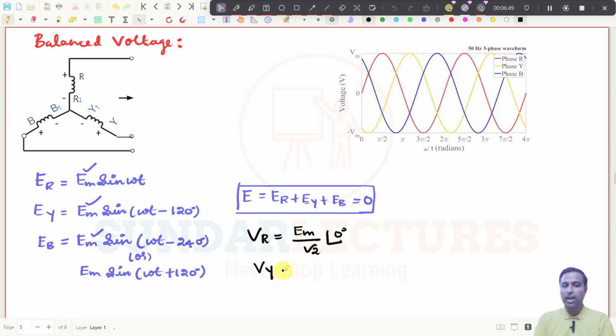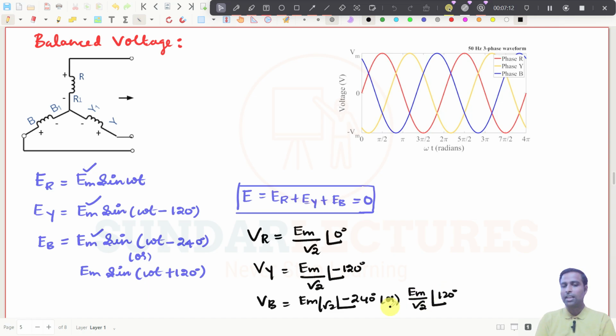So VY should be equal to Em divided by root 2 at an angle of minus 120 degree. And VB should be equal to Em by root 2 at an angle of minus 240 degree, or we can write it as Em by root 2 at an angle of